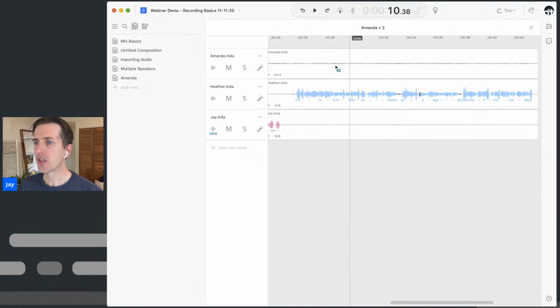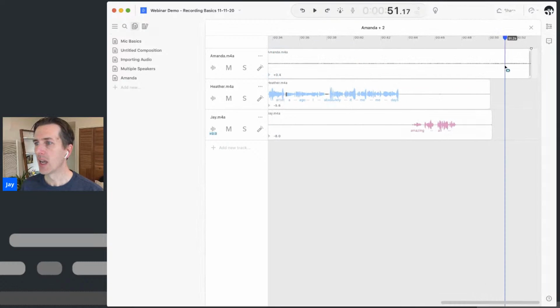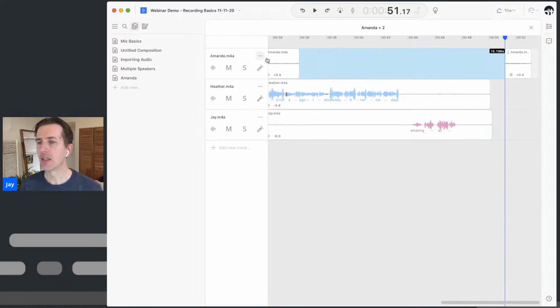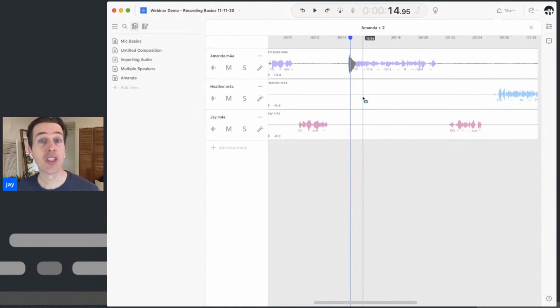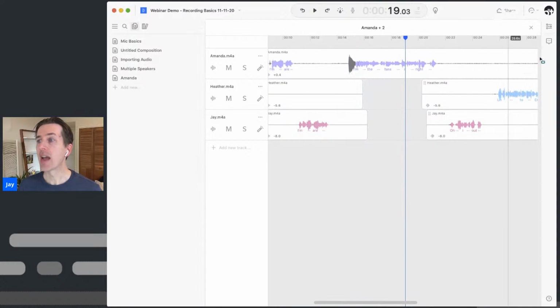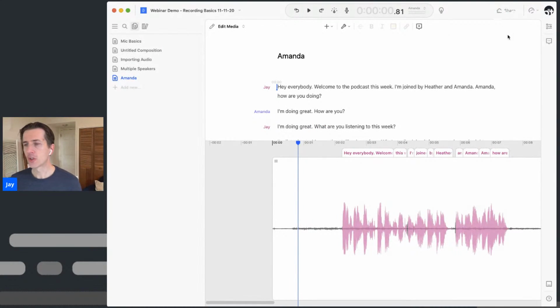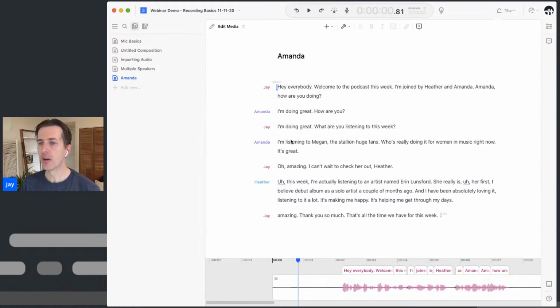And of course, with the sequence, let's say there's all this background noise going on when Amanda's not speaking. I can just select that all, hit the delete key, and it is gone. I also use this for crosstalk. Let's say Amanda's giving an answer and I accidentally cut in and start speaking over her. I can go into what I'm saying and just make some edits in the sequence, delete it out, and now it's gone. So now you've got your multiple audio tracks, brought them into Descript at the same time, and now we have our sequence